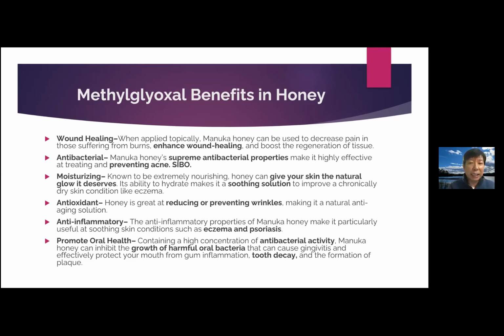It has wound healing, antibacterial, and moisturizing properties. It's also antioxidant, anti-inflammatory, and promotes oral health. So recently I recommended this Manuka honey to some of my patients who have chronic tongue sores. So if anybody has tongue sores, you can recommend this. And also if anybody has a wound to heal, especially from a burn, you can tell them to try this Manuka